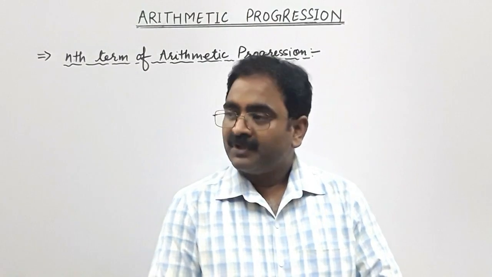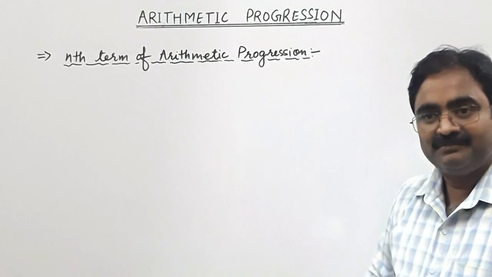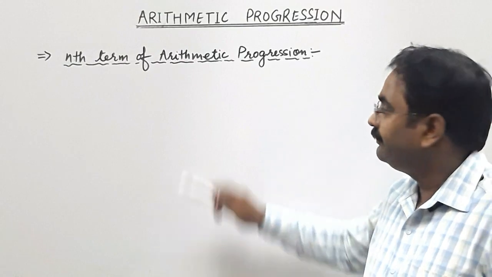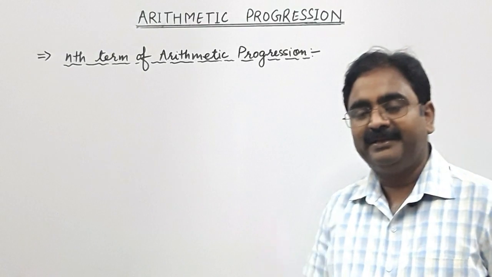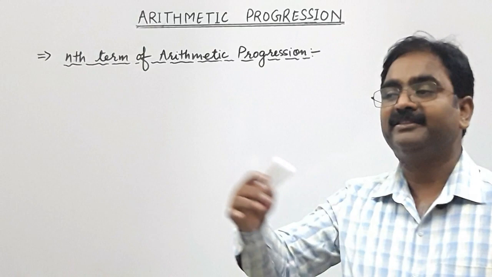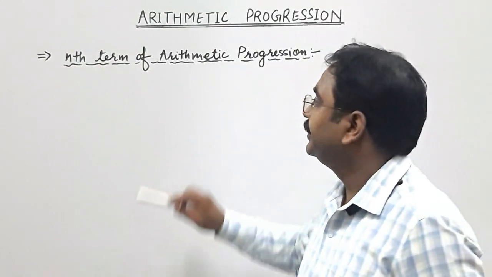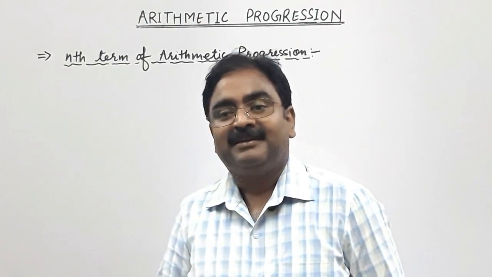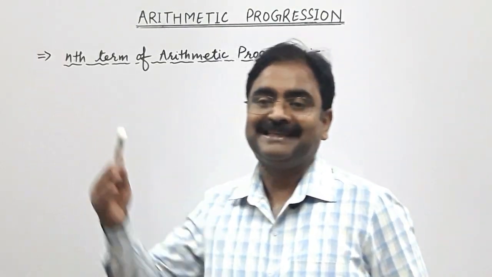So students, today we are going to start, as the 2-3 lectures are completed of this chapter arithmetic progression. Today we are going to learn the nth term of arithmetic progressions. So how to find if few terms of the series are given. So how to find 10th term, 15th term, 25th term, 20th term. So with the help of this explanation, nth term we will get the 50th term, 45th term, 100th term easily.